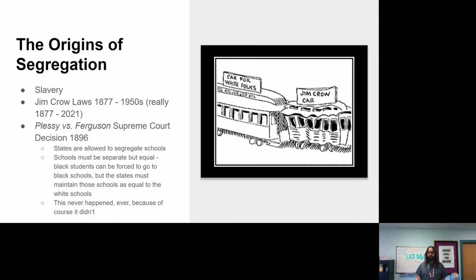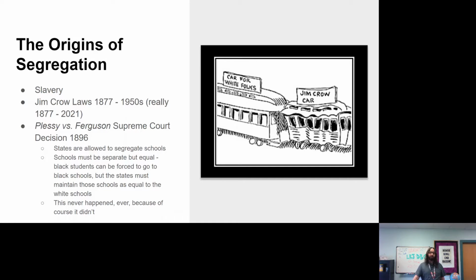So if we want to figure out where segregation came from, where this really big goal of the civil rights movement of the 1960s and 1970s to get rid of segregation came from, it originally came from slavery. Before America was even a country, we were a big part of the African slave trade. After slavery, after the Civil War, and the Emancipation Proclamation and the ratification of the 13th, 14th, 15th Amendments,